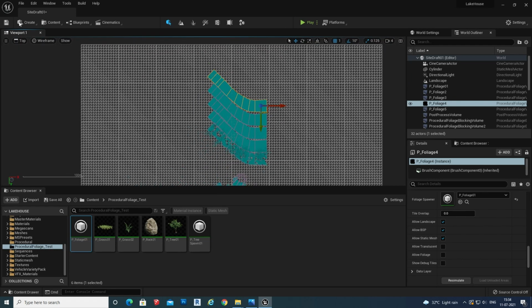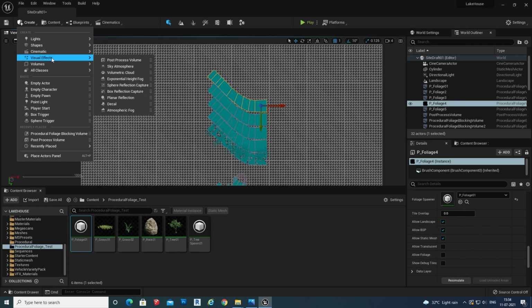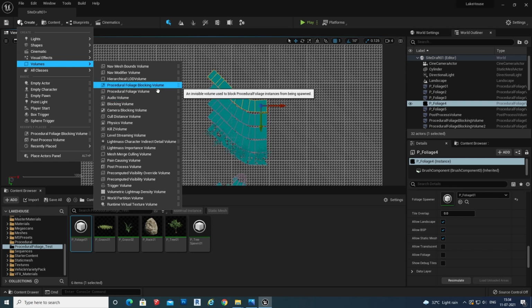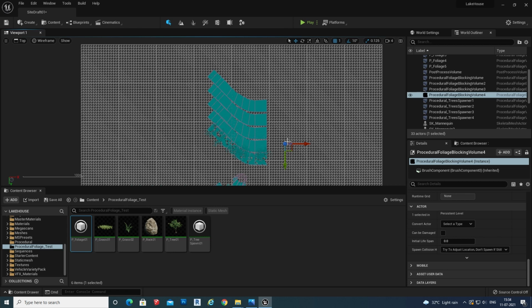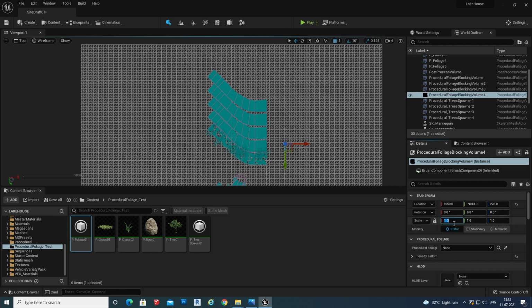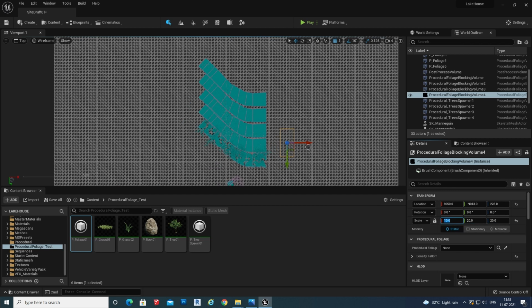I'm going to the top, where now I'm going to create a void. I go to the volumes and take the procedural foliage blocking volume, and I'm going to scale it. Now I'm going to create a custom path where our foliage should not spawn. It's like a blocking volume. I'm increasing it to 100.